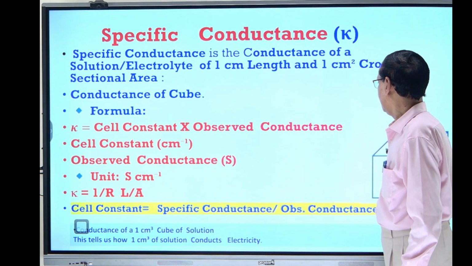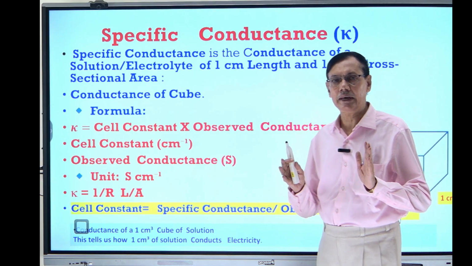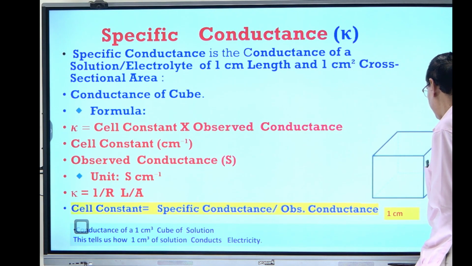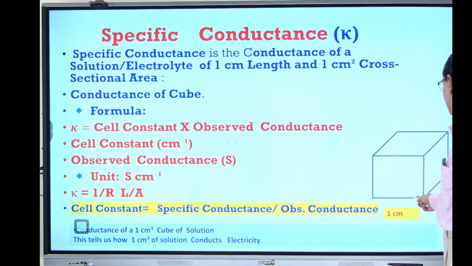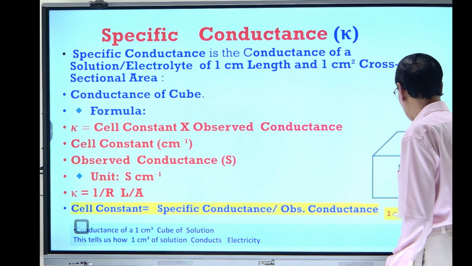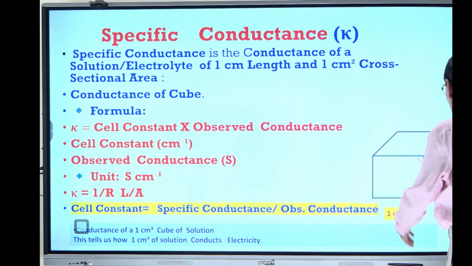So same thing, suppose I am now taking a cube and length is 1 centimeter, 1 centimeter, 1 centimeter, and area of cross section is 1 centimeter square. So that means you can call it a simple 1 centimeter cube, and you just assume that the two sides,